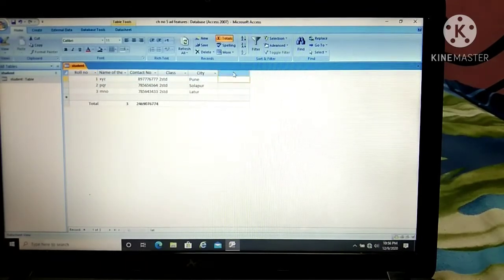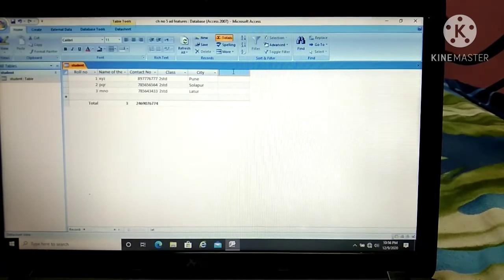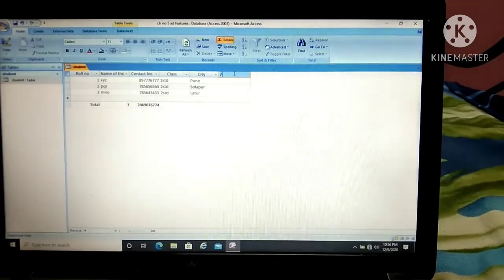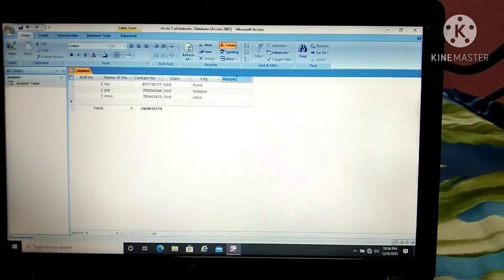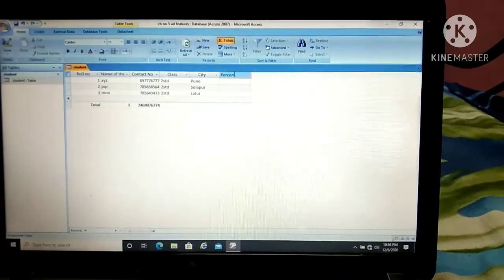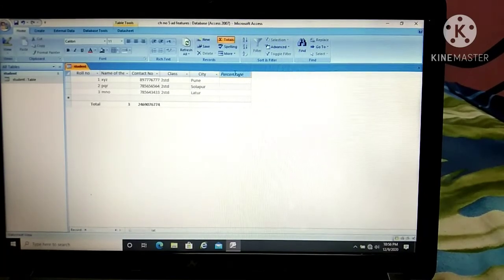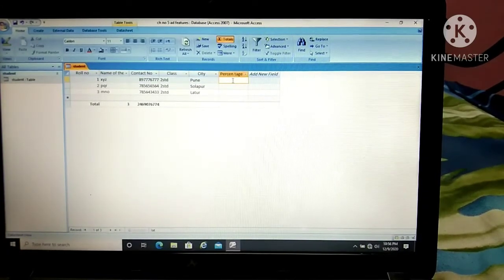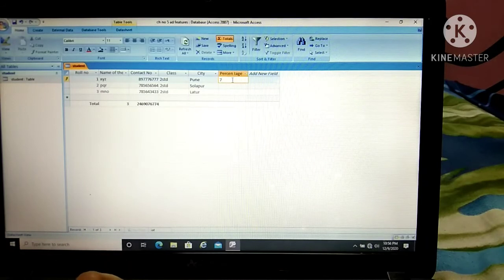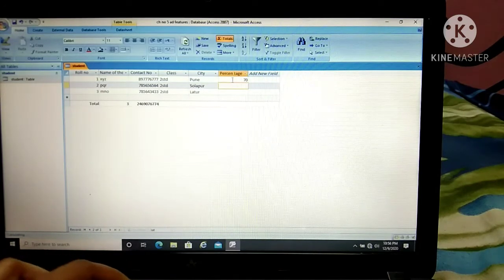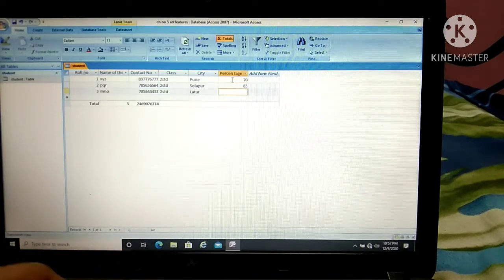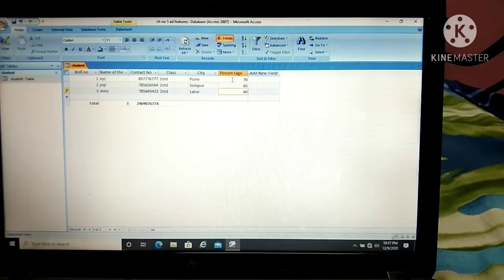I will click on the header here and type the name percentage. Then I will type the percentages like 70, then 65, then 80. So here we have the column which shows the percentage.